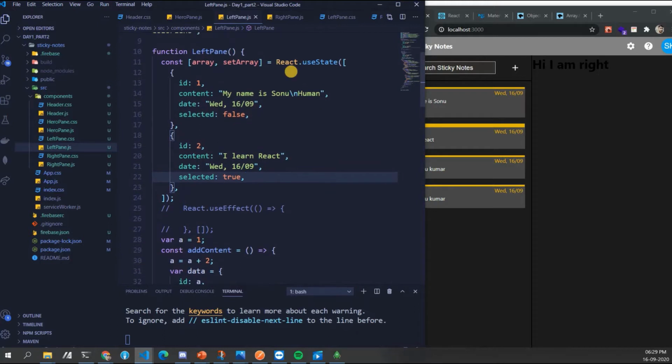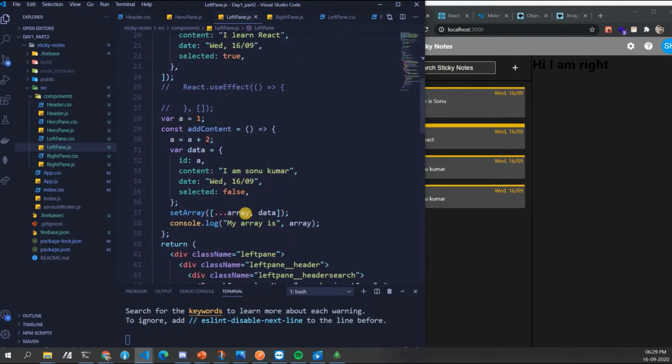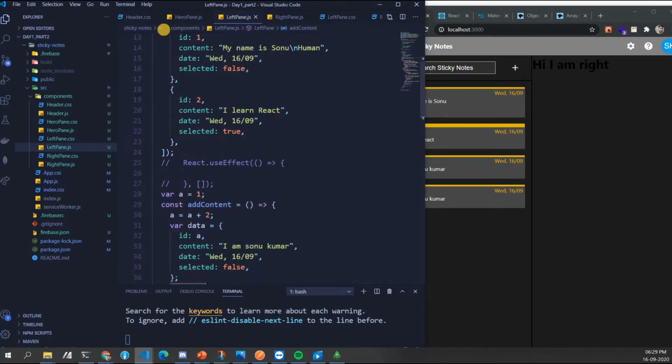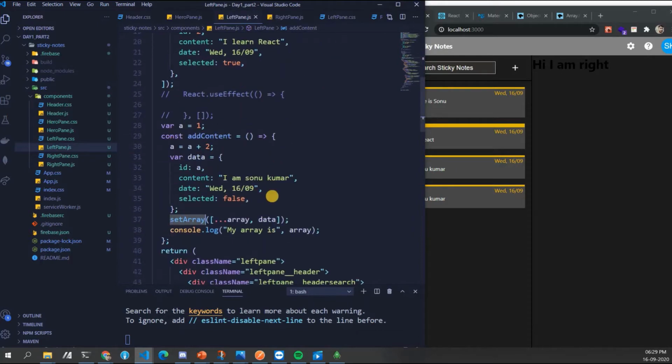But JavaScript works on an event based listener. So this use state allows you to make that call that yes, when I am setting my data, so this spread operator, I told you spread operator. So set array. So now in my array, when I have to change the data, I have to take the initial content of the data and add one more data.